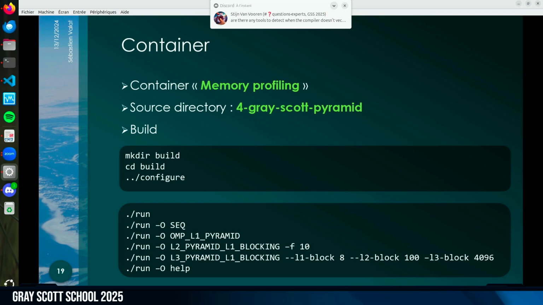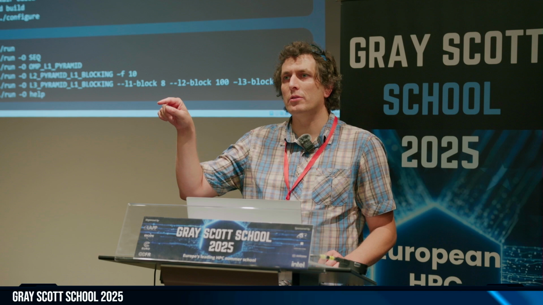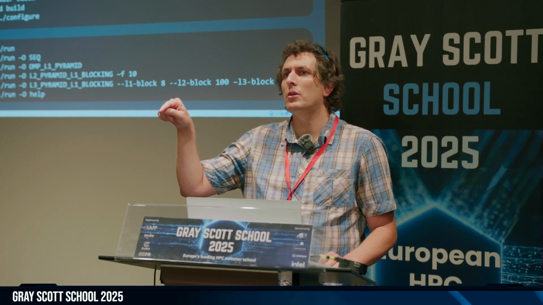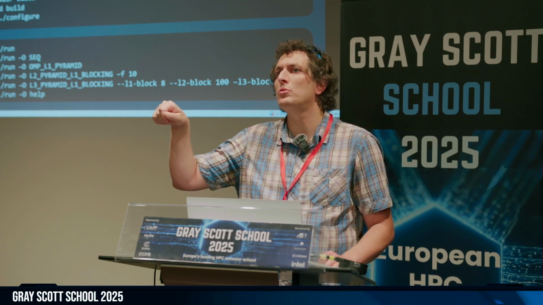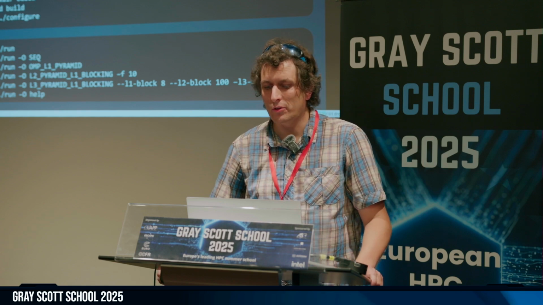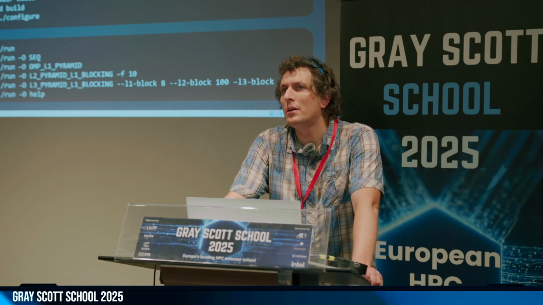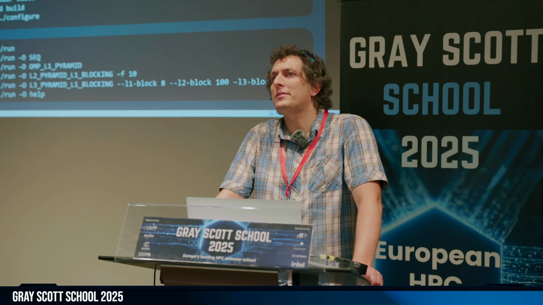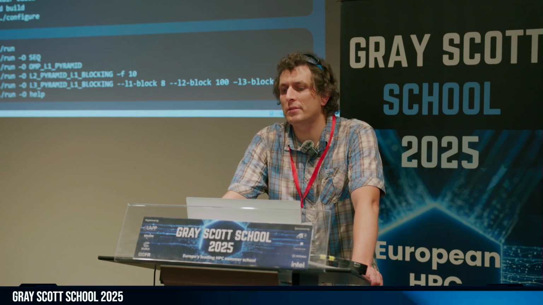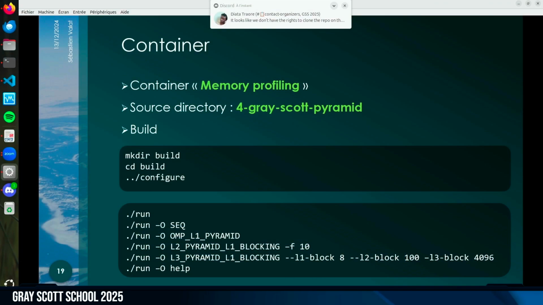If you are running on the lab machine, on a standard server with a CPU which is a bit strong, try to block in the L2 at around 500 kilobytes. The value here is in kilobytes. So you try between 100 and 4,000. And you will see where the best value is.